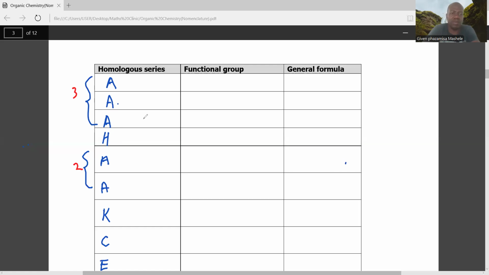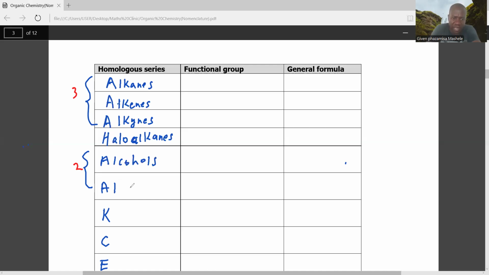So what does this represent? The first A represents the alkanes. So we have the alkanes, followed by alkenes, followed by alkynes, followed by the halo-alkanes, alcohols,